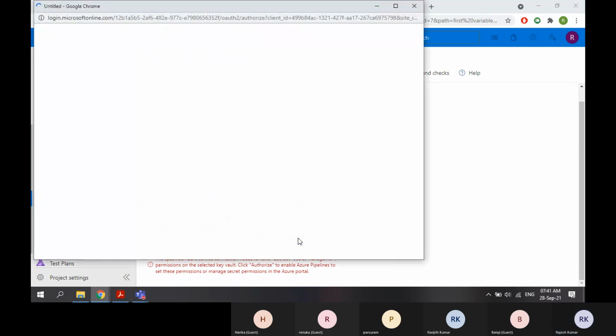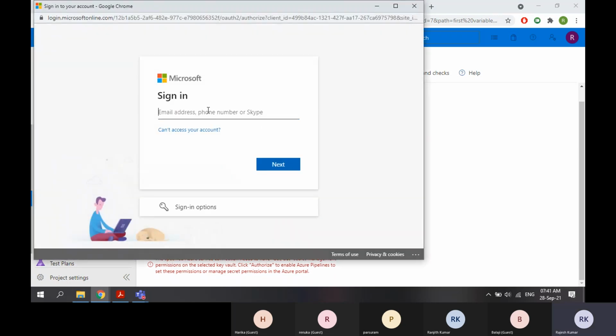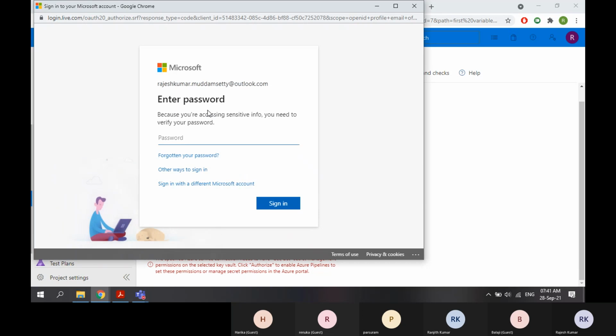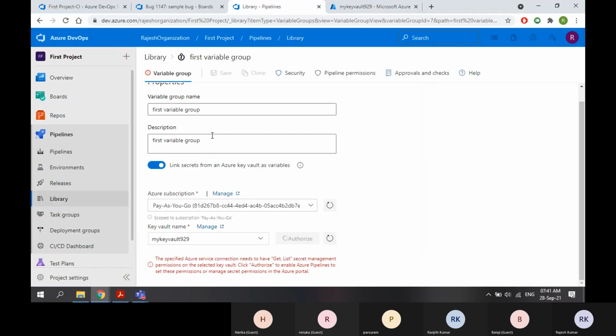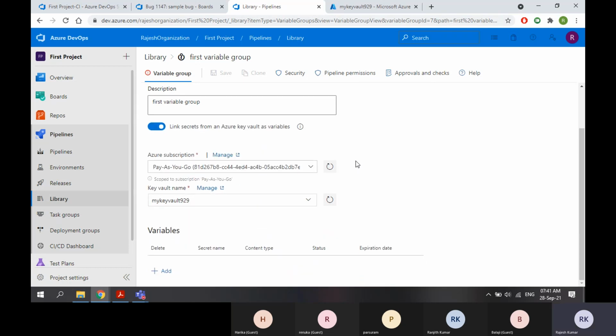Why is it asking for another authorization? Maybe as I'm doing it for the first time, it's asking for authorization in both cases. So now you see, connection done.